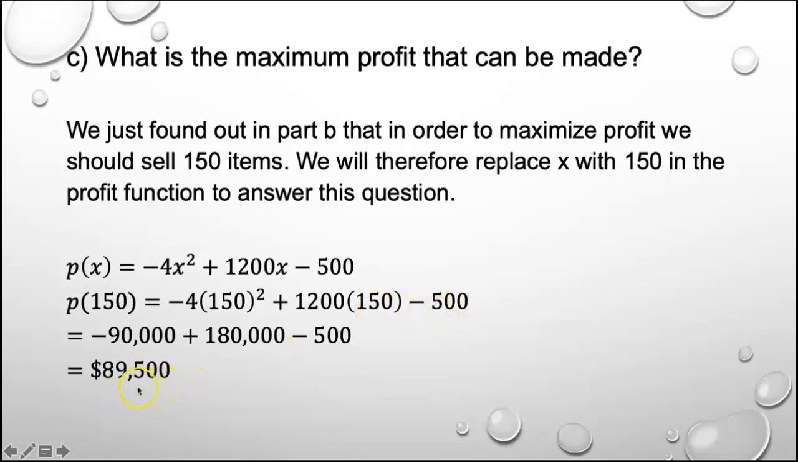And this works out to $89,500. So the profit from selling 150 items is $89,500. And this is also the maximum profit that can be made